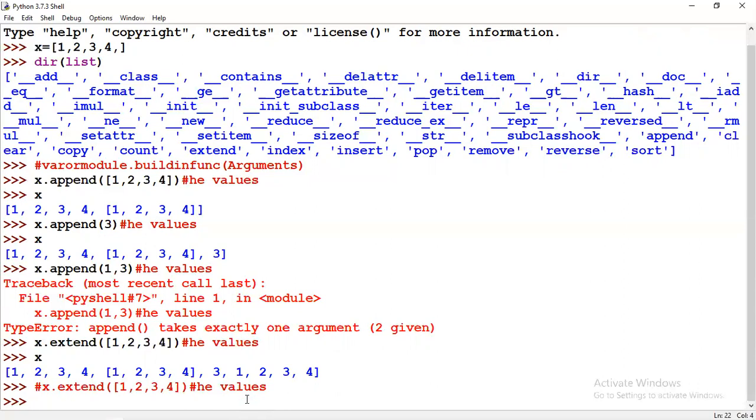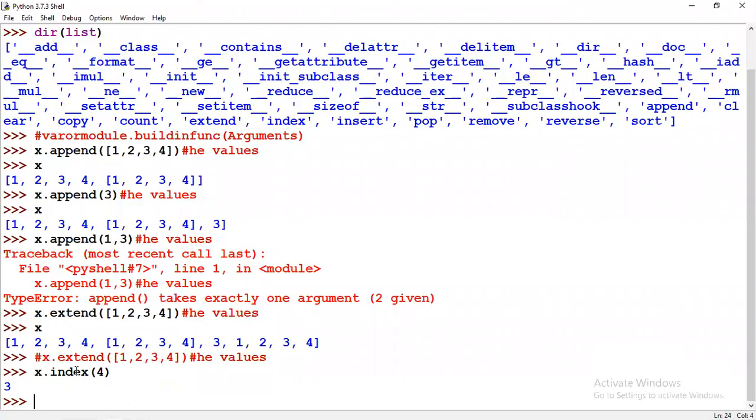Clear? Yeah, clear. So now I am going to start with index. When it comes to index, I want to know the index position of this 4. See, I'm repeating, I want to know the index position of 4. So x.index(4). When I give this, Python is an interpreter, right? It will start from 0 and come to 1, 0, 1, 2, 3. So 3 is the index position of 4, correct? So it will get the index position of 4. Now if I give x[4], what will be my output?